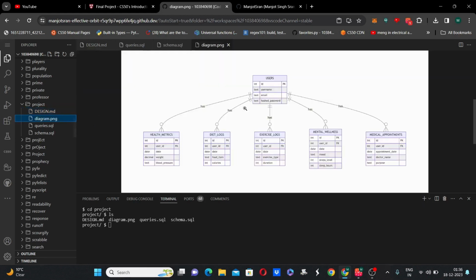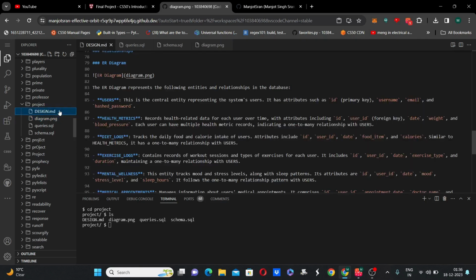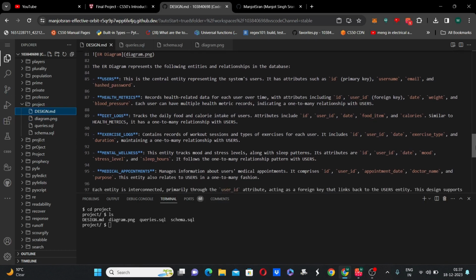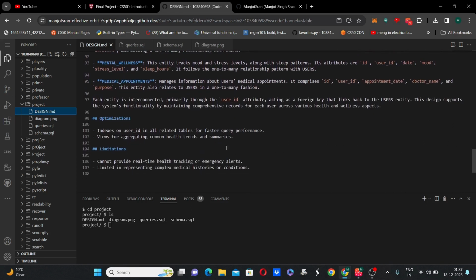This is how the ER diagram looks. The description of this ER diagram is again given in this design.md file, which explains what the ER diagram represents. And then these are the optimizations, meaning that we can make queries faster using indexing, or by creating views. And these are the limitations,